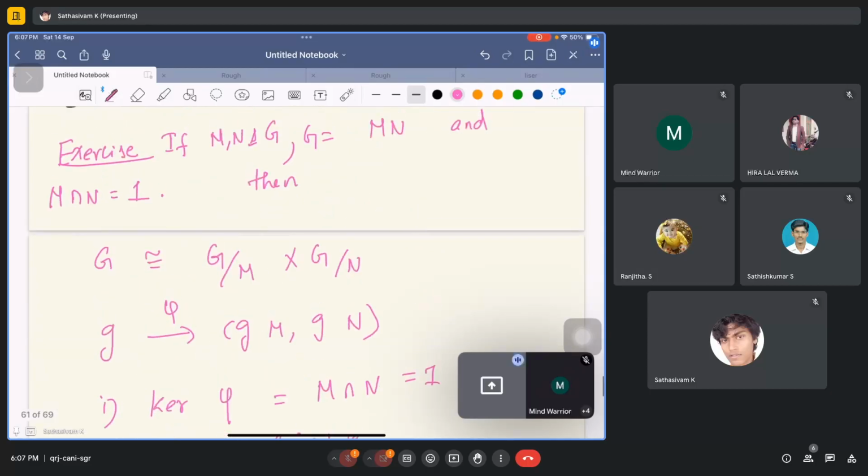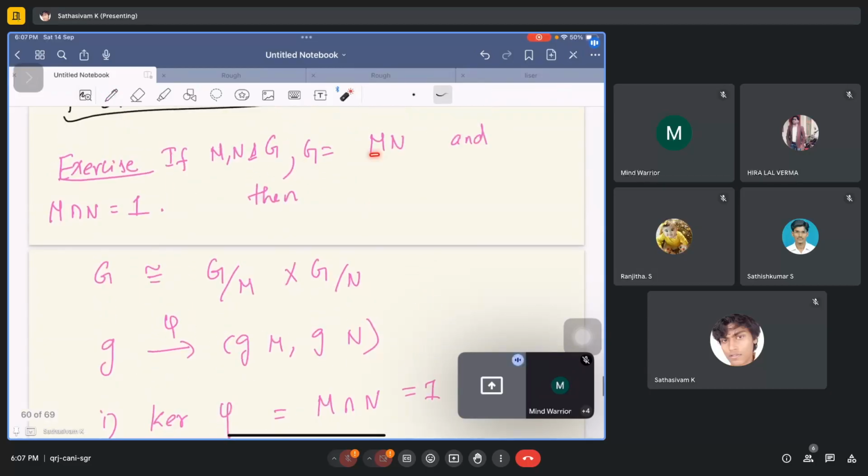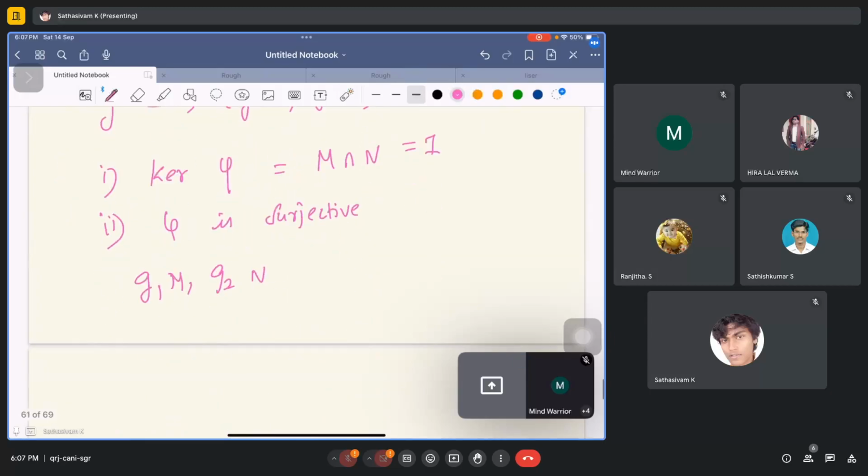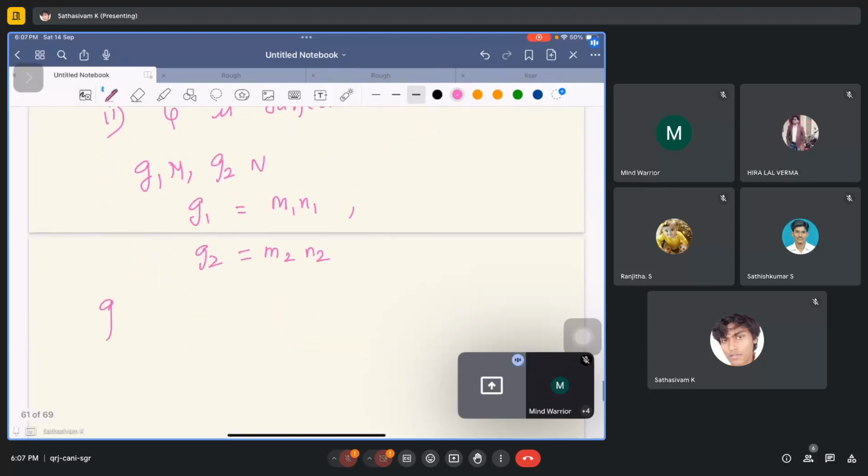But here you have to use the fact that G is basically MN. So you will get g1 as m1n1, and you also get g2 as m2n2. Okay. Now what you do is you take this g as